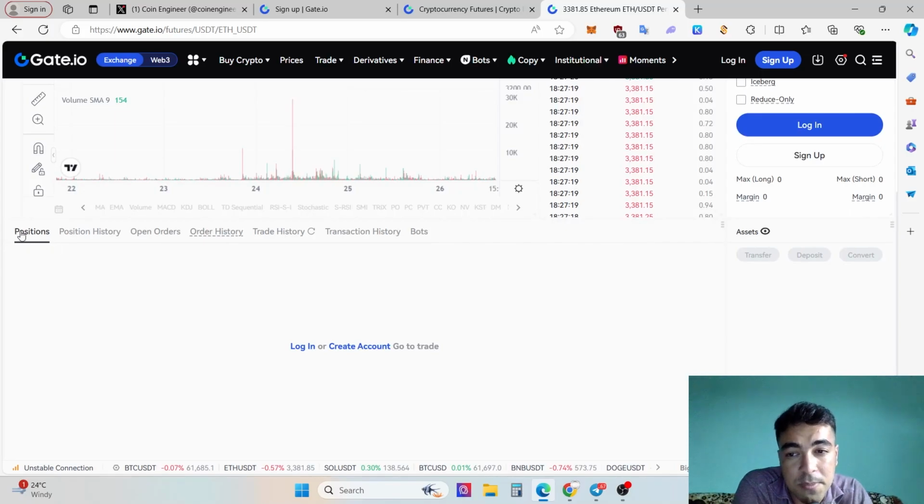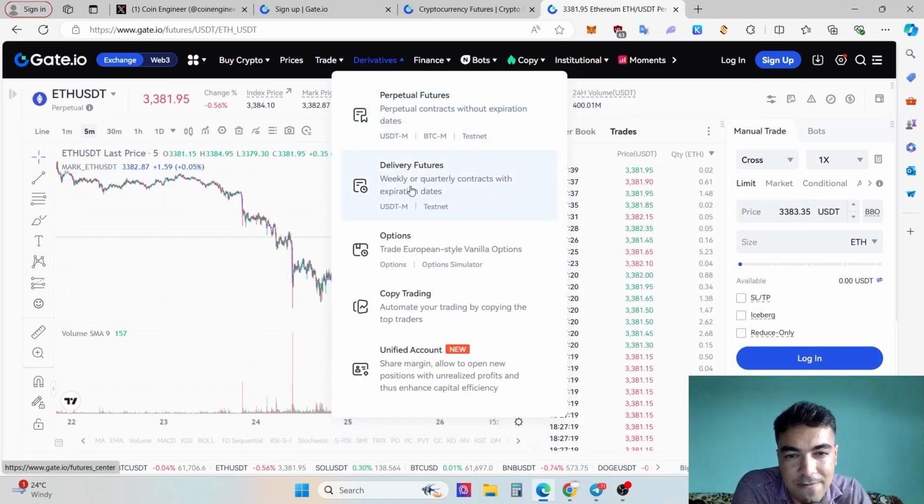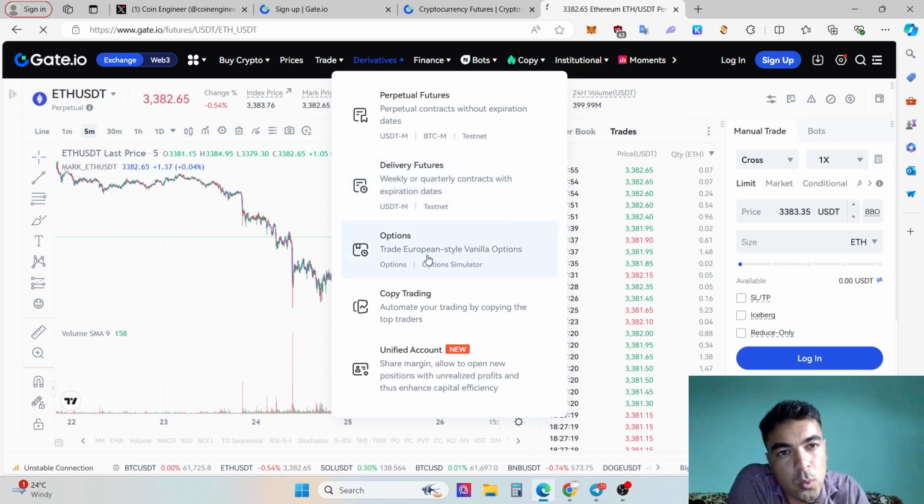If you want to take a look at position or position history and some other histories, and for example if you are running bots, you can control and manage your own bots from there. Yes, that's it about derivatives. Delivery futures at the testnet, you can use the USDT-M side and weekly and quarterly contracts with expiration dates on the delivery futures side. Options, if you want to